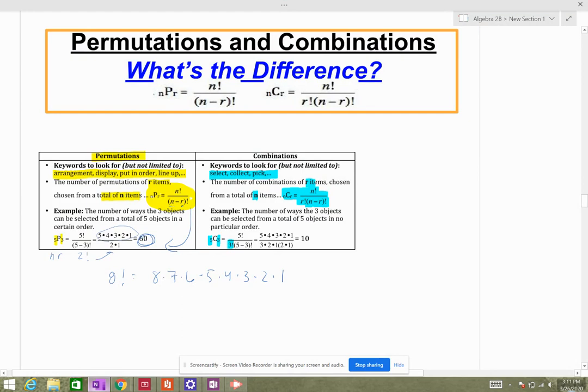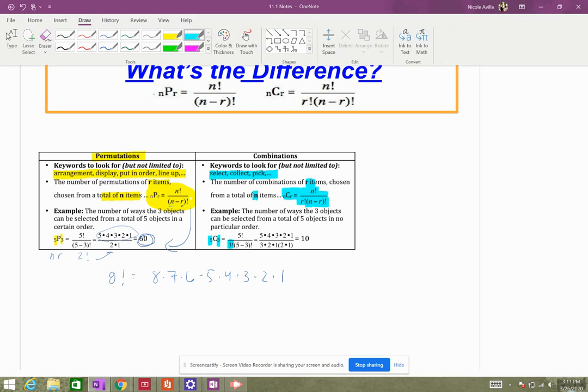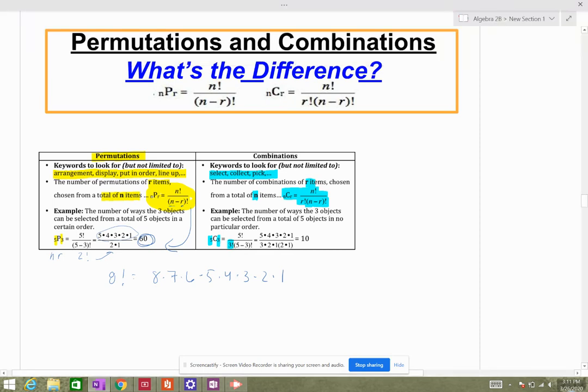All right, so 5 combination 3, very similar situation. I'm going to do 5 factorial on the top. On the bottom, I'm going to have that extra r factorial, so 3 factorial times, this is going to turn into 2 factorial right here. So I can either multiply and then simplify, or I could even just simplify if I wanted to before I multiplied. That would turn into 5 times 4 over 2, which in fact is 20 divided by 2,